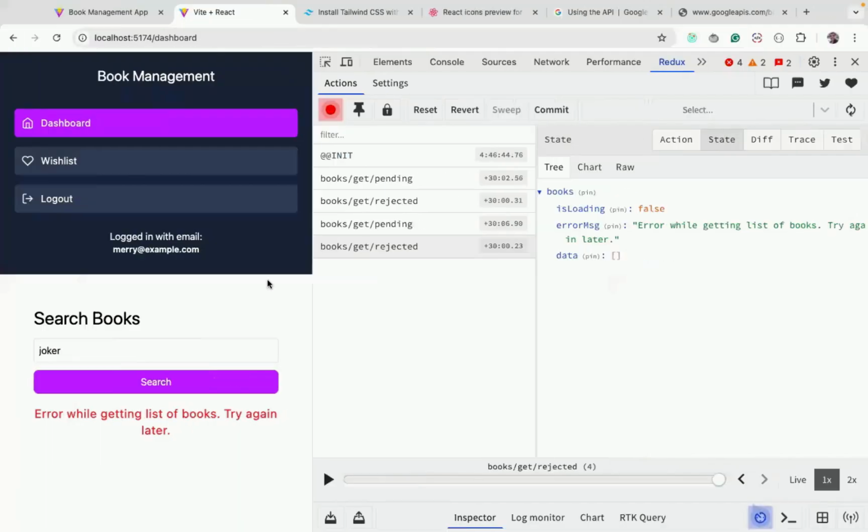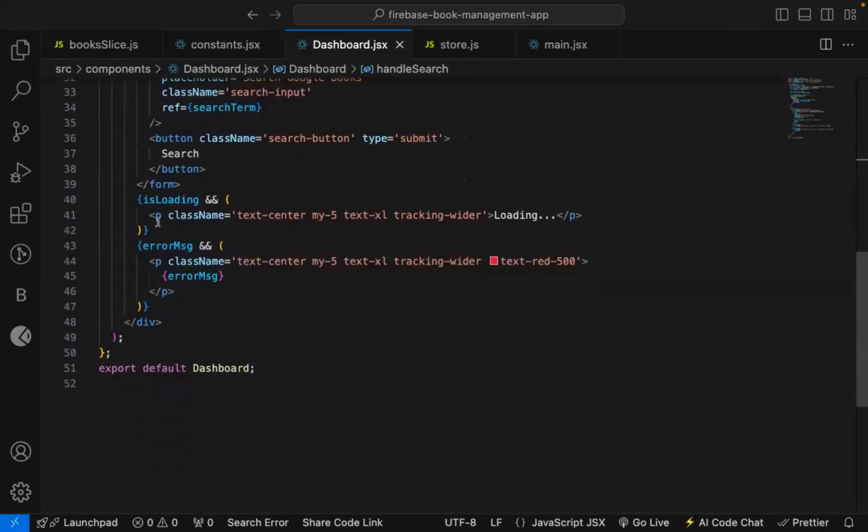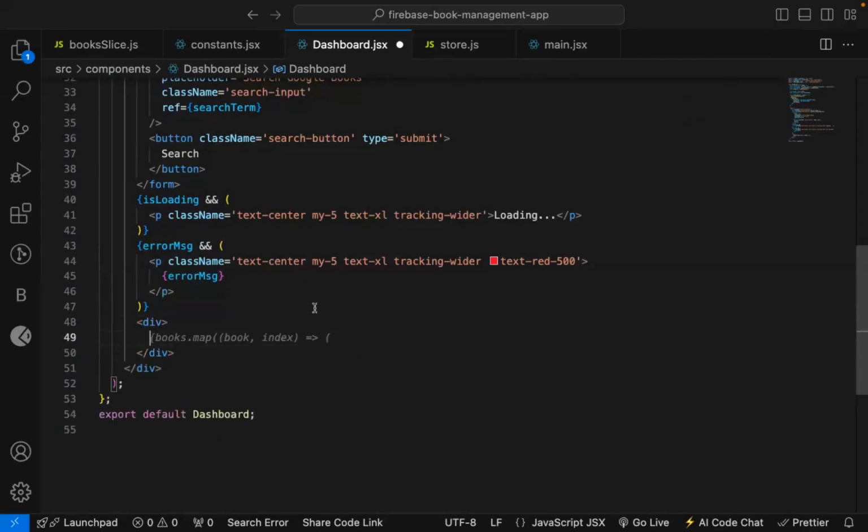Now we have all the data. Let's display the data here. Now let's go to dashboard again. After this loading, let's declare a div, and let's call this div class equal to books grid. So we are using CSS grid, and here let's display those books. Books.map for